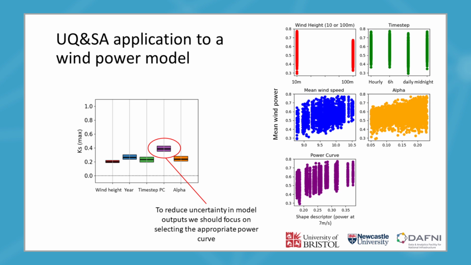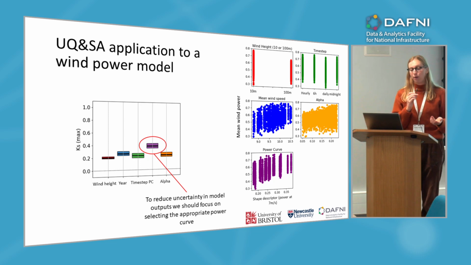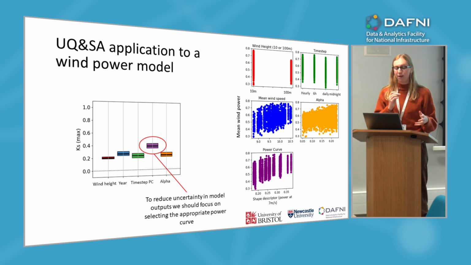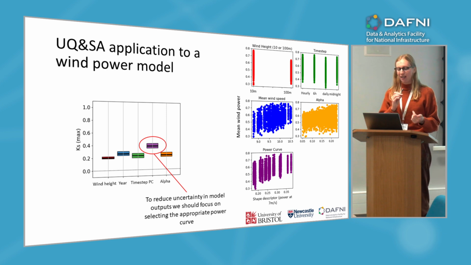So the results of the sensitivity analysis are on the screen now. If you take a look at the box plots, what we can see is that actually the power curve has the highest sensitivity index. So on the y-axis of the box plots, you're seeing the sensitivity index. What this means is that the model outputs are most sensitive to this choice. And since these wind power models are usually used to investigate the year-to-year variability, the fact that the power curve is having such a large influence is a very useful thing to know. And if we want to reduce the uncertainty in the outputs of this model, then this is telling us that we really need to make sure we've selected the right power curve, or the variability that we see in the different years is going to be potentially masked by this, and the results are potentially not very reliable.